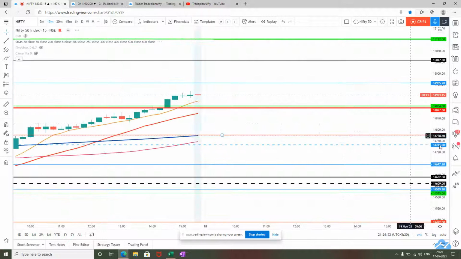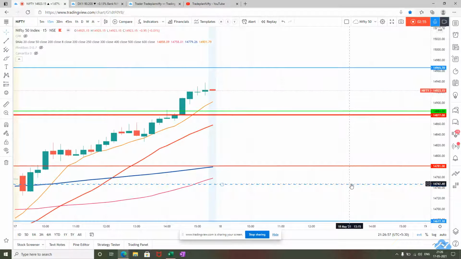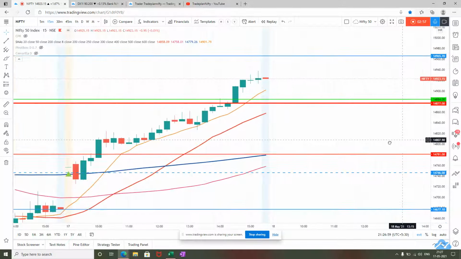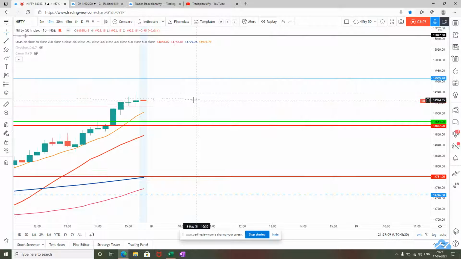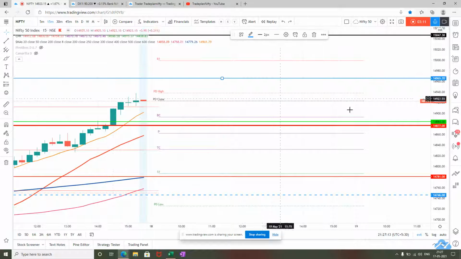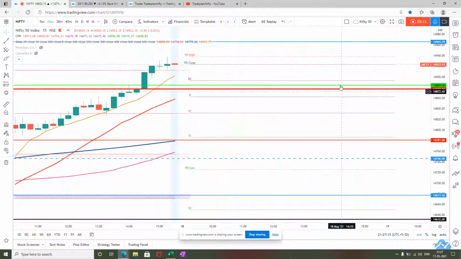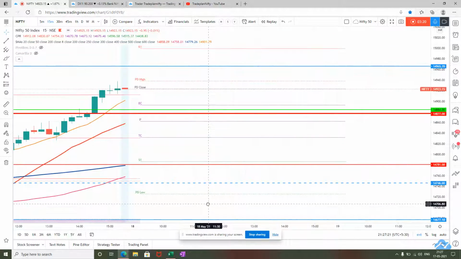Now on the 15-minute chart, the market has closed above 8, above 20, above 200, and above 50. So here also the market is in uptrend. So the trend is definitely looking up. Now let's see what market profile is telling us. When we look into market profile, we see that tomorrow's market profile CPR is above today's CPR. So definitely this confirms that the market is in uptrend.